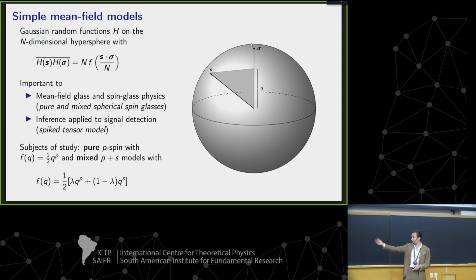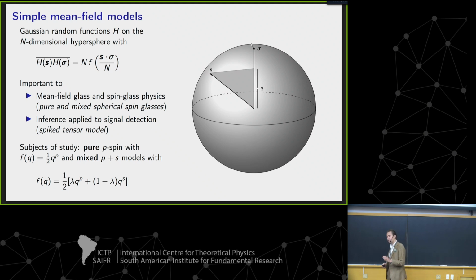So if you give me such a function, you have a model. And the class of models parameterized by choices of the function f is quite broad. In fact, it encompasses every isotropic Gaussian random field on the sphere. So it's a very broad class of models. And these are important in a lot of disciplines, for instance, both in spin glass and glass physics, and also in statistical inference, where the so-called spiked tensor or tensor denoising problem resembles this setup quite closely.